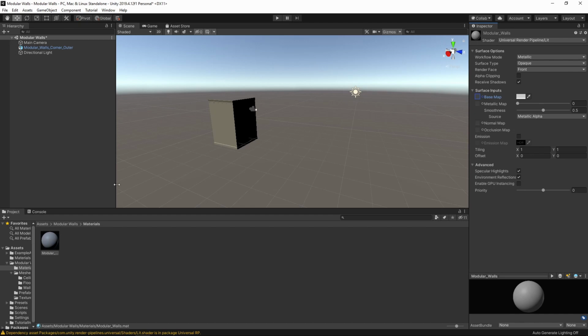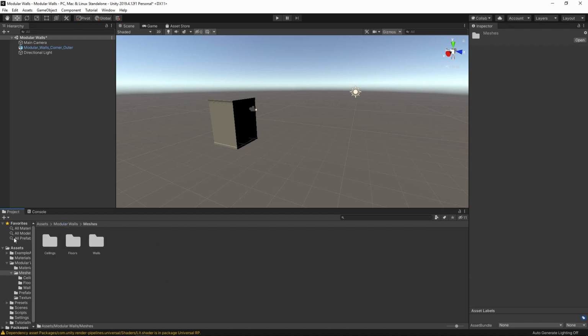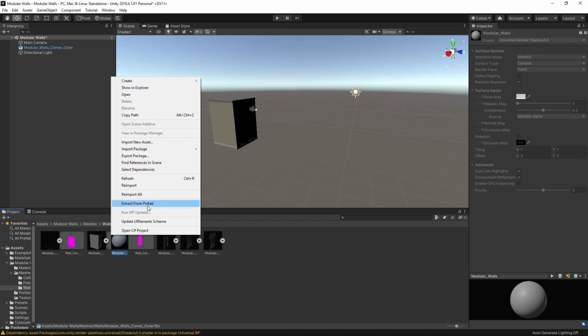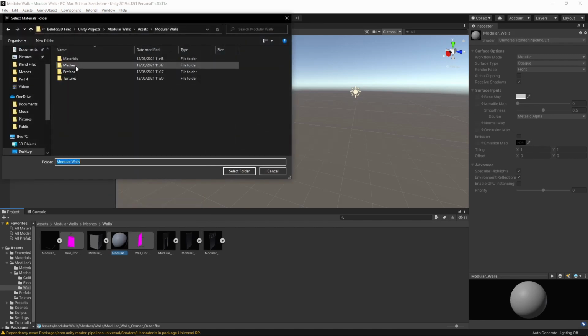I can add textures to that. So let's go back to our meshes and extract all of the materials. Now with the walls, we only actually want one of those materials for now. We don't need two for now. In fact, actually, yes, I'm going to keep two of these because we could do with a second one for the second set. So if I just right click on that, extract from prefab, find our materials folder and select